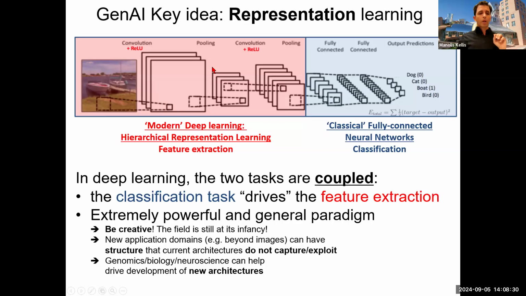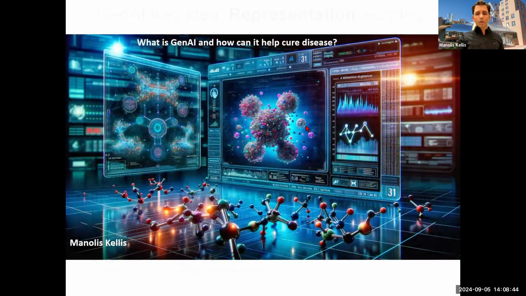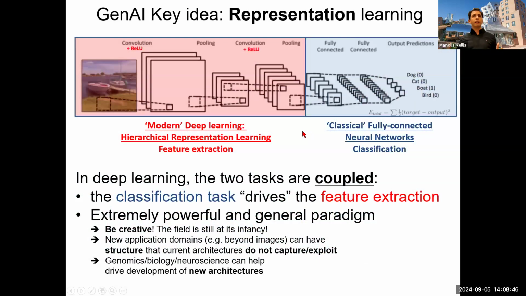In deep learning, the two tasks are typically coupled. You start with an X and a Y, and you get better at predicting the Y, which is a human label. And then you get better at the Z, at the latent representation. However, the place where it gets really exciting is when you ignore the Y and just hide a little patch of the image and ask the machine to repredict it.